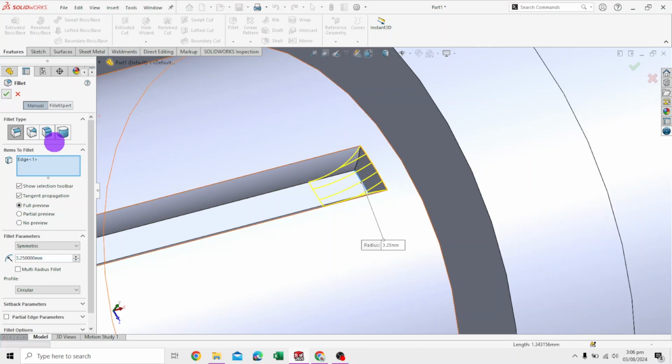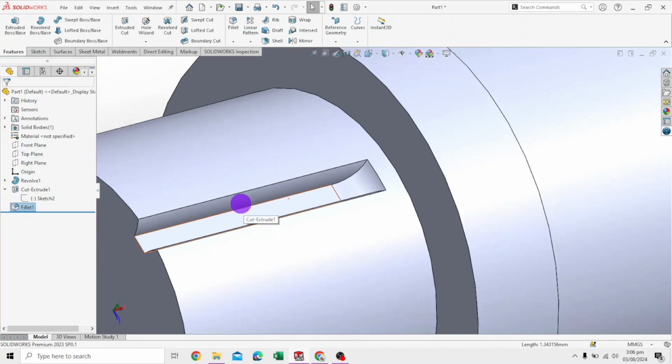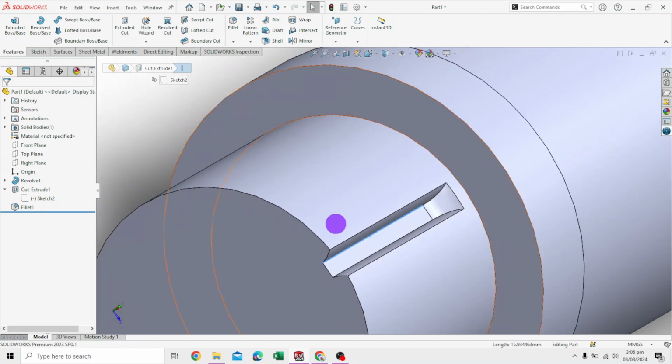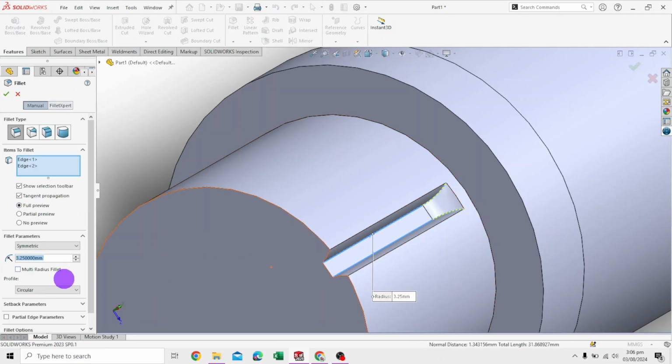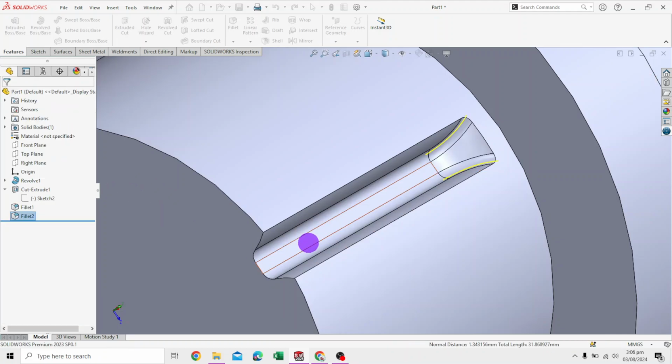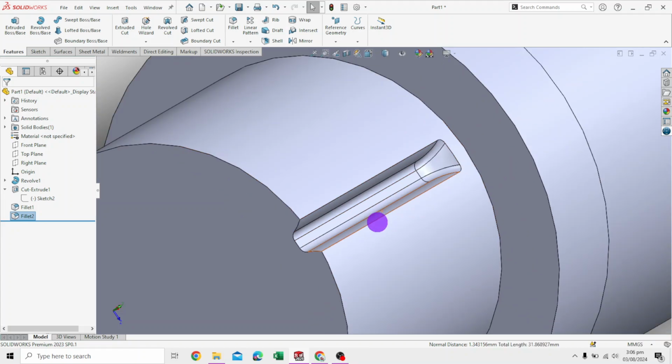There you go, and then this as well as both at 5. That's how it should look. Okay, this is one. And now we will just simply